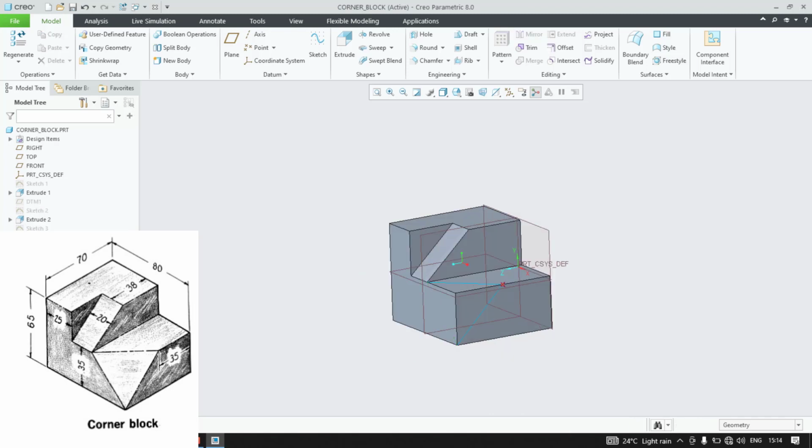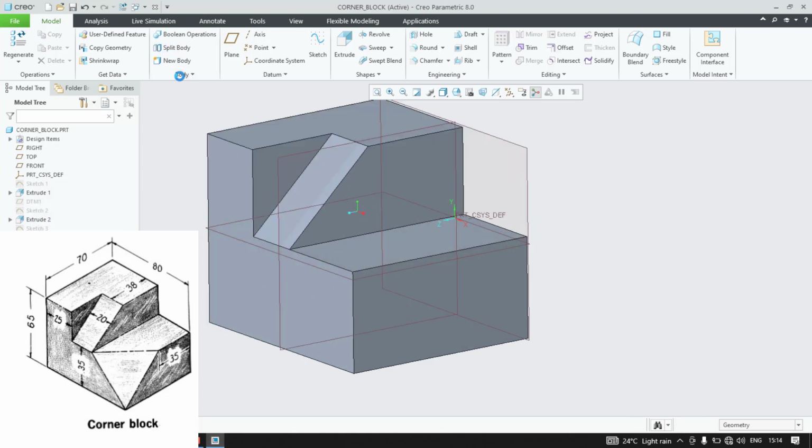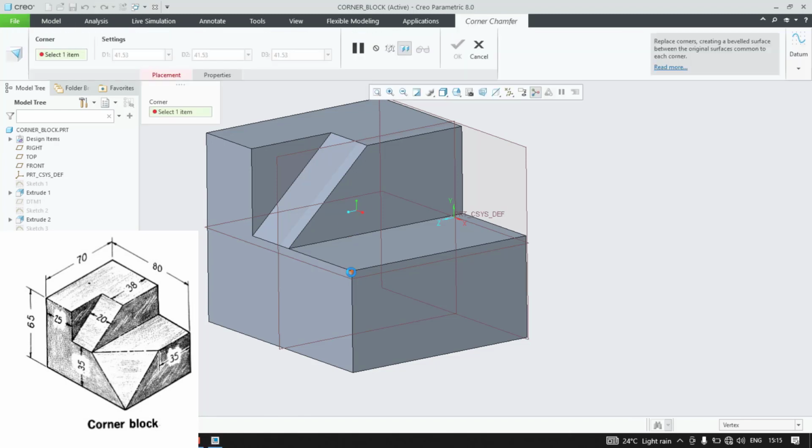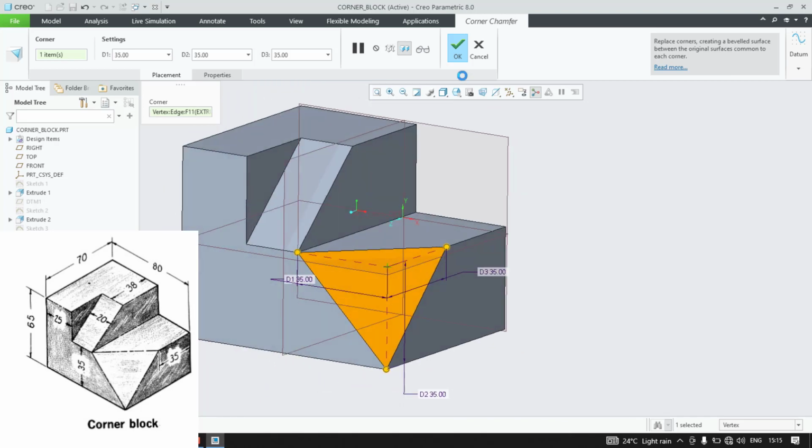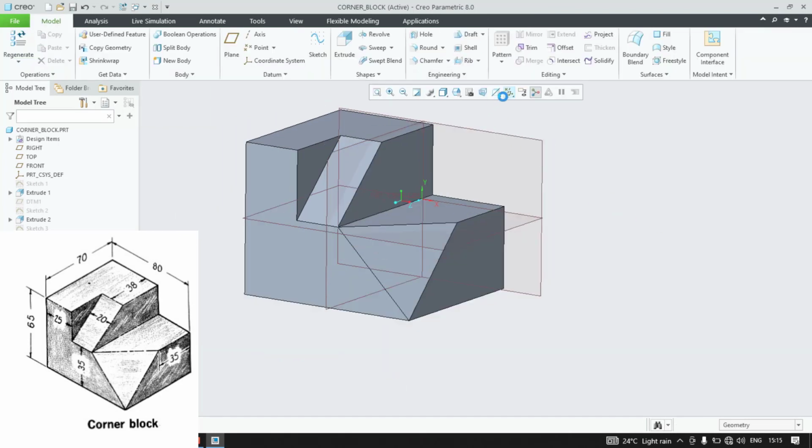Okay, and now I'll use the corner chamfer. Just select the point, and here you can define the value, or else you can simply drag them up to the next corner. Okay, the points you could say at the corner, right? You can even drag it. Okay, so this is how you can create this particular